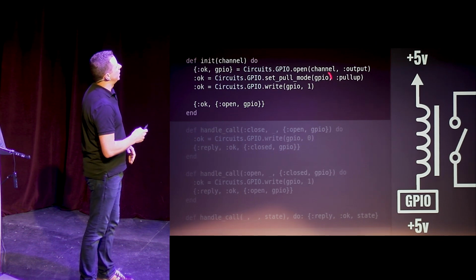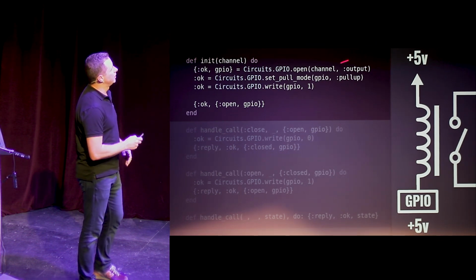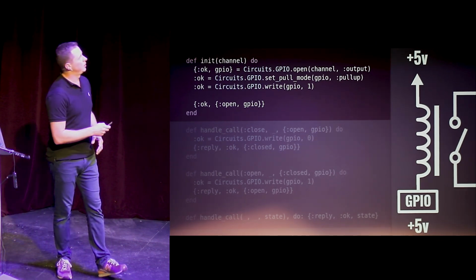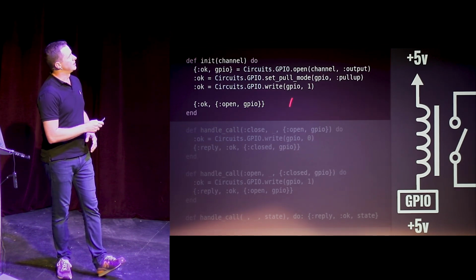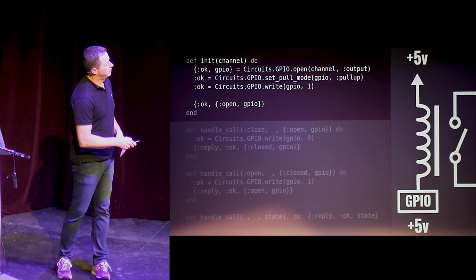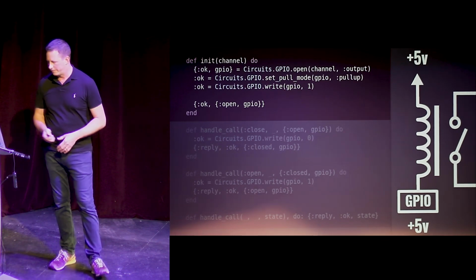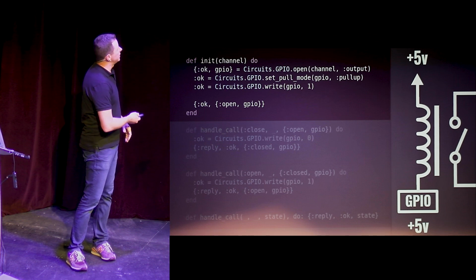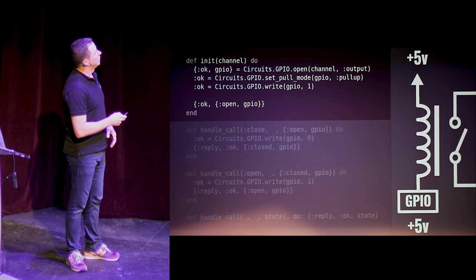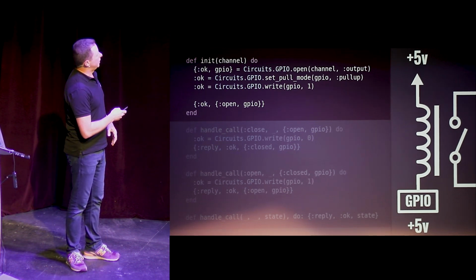I basically tell it, okay, open up the channel, make it an output, make it a pull-up resistor, or make it a pull-up output, and then set it high. So that starts the system up at no current flowing through the coil, switch is open, no water's flowing. And then if I send a message to this process called close, oh, sorry, and one more thing,